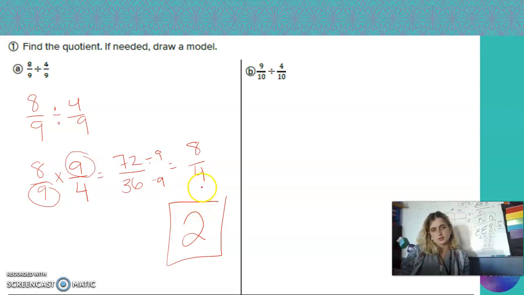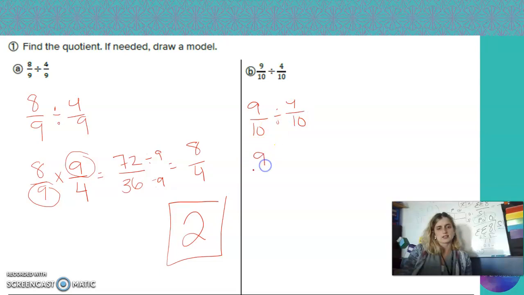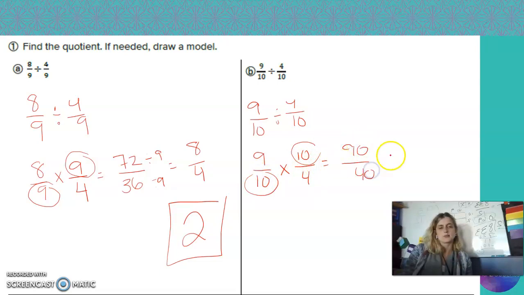Alright, next one. Also just fractions. 9/10 divided by 4/10. The first fraction stays exactly as it is. We multiply by the reciprocal. And maybe you'll notice again that we're about to have a 10 and a 10. So 90/40 can be divided back down by 10/10